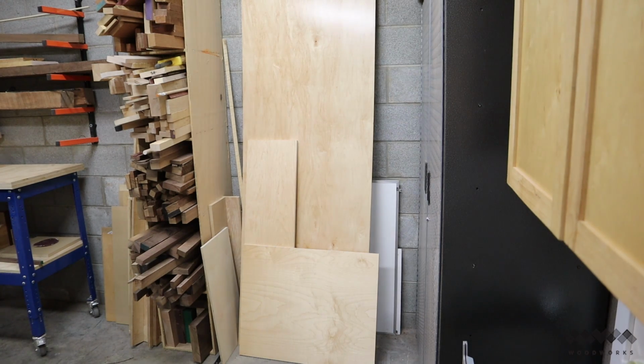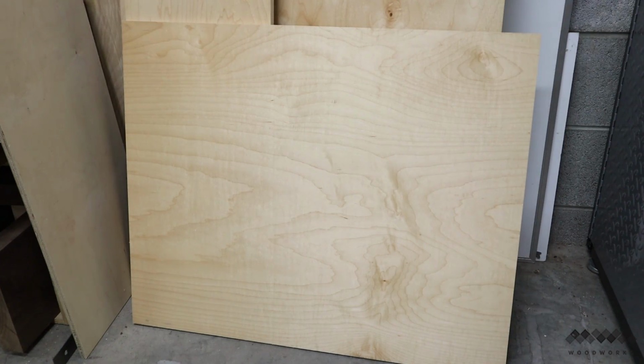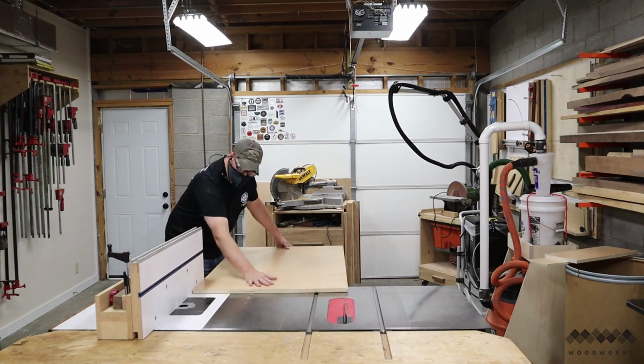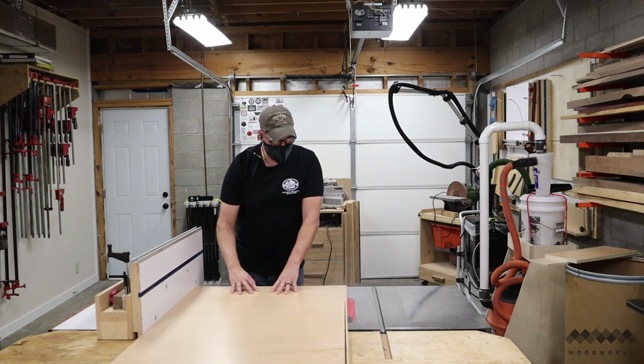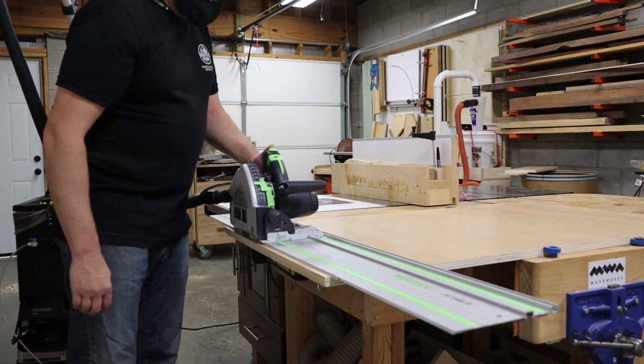Now, luckily for me, I had some leftover pre-finished plywood panels from my last shop cabinet build that were going to be big enough to use in this project. Now, I could rip the 3/4 inch to 30 inches high on the table saw, but I wanted it to be 48 inches wide, so in order to make that cut, I was going to have to get out my